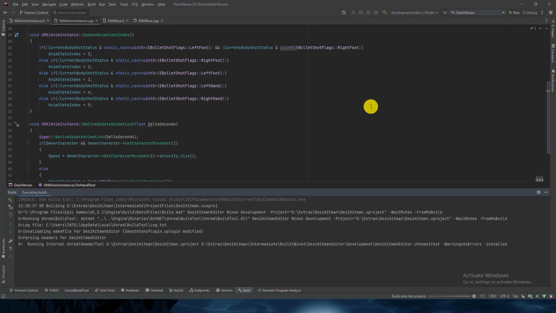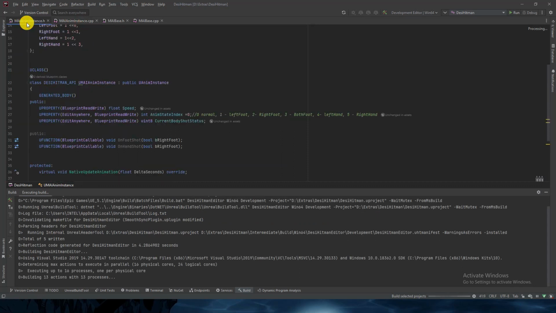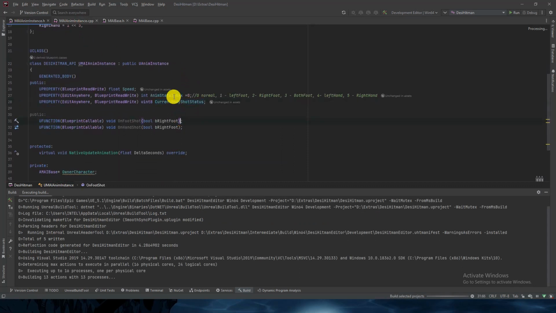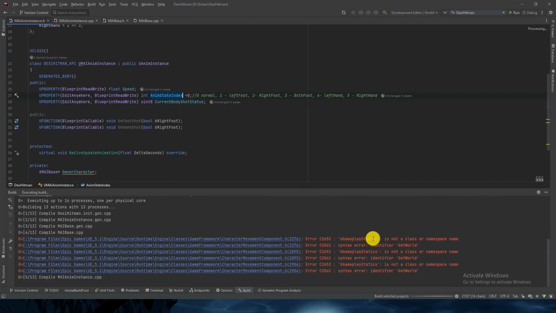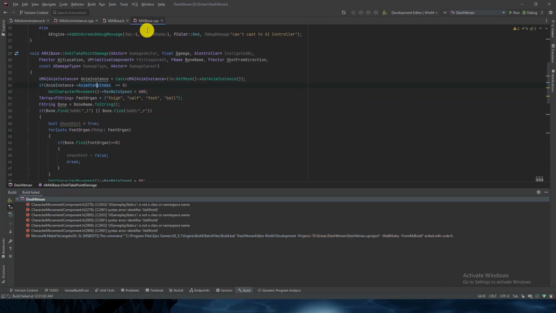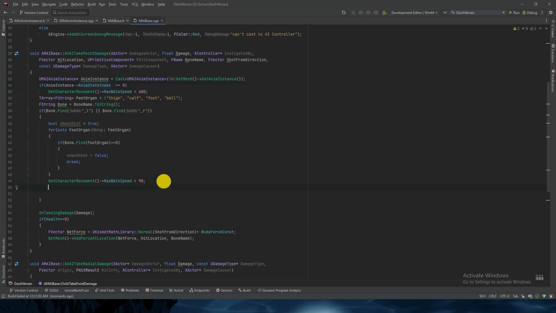So everything is done from the coding side. We just have to connect that variable which we have created in the anim instance, the anim state index, because we have created the same variable inside the blueprint if I'm not wrong. Okay, your gameplay statics, character movement component. I think I do know the reason why it is happening. Because we haven't coded the base class yet. So in AI base,